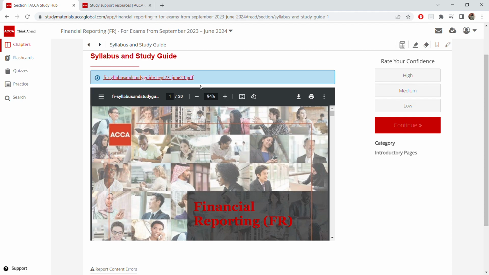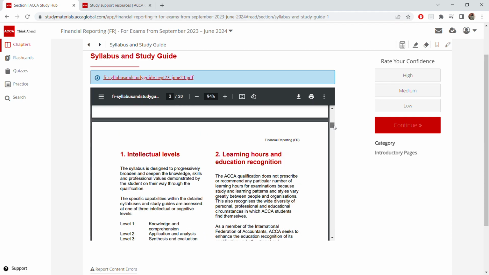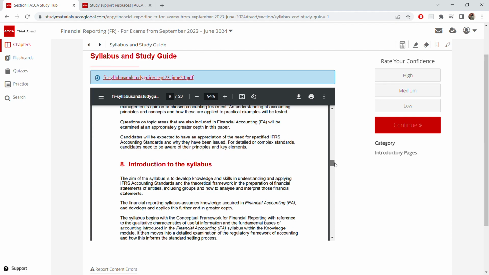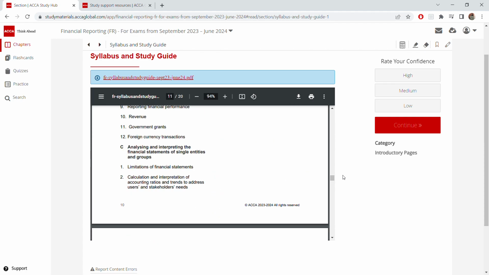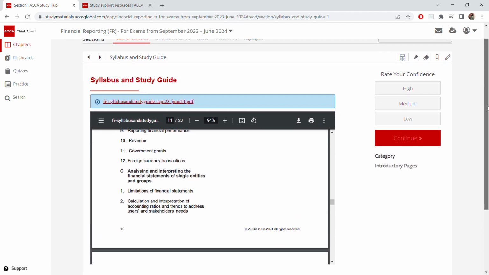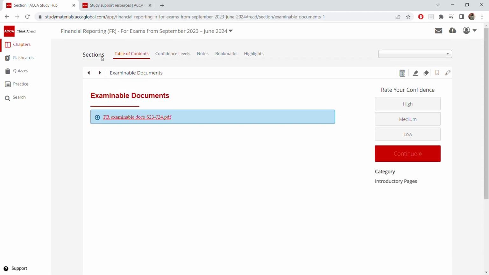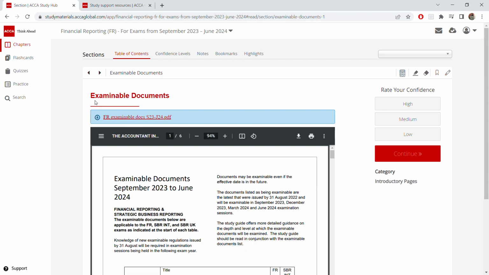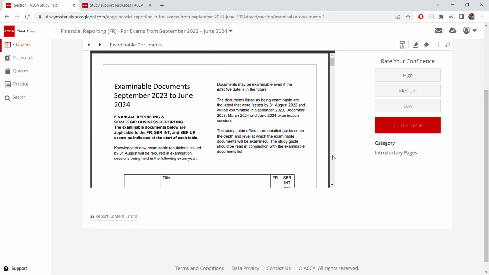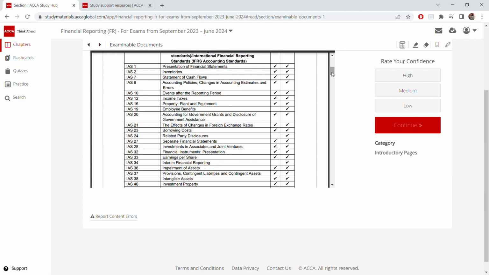So even your study syllabus is here. Okay, you can download or you can just scroll down and see this financial reporting syllabus. I've already covered it in my video. So let's go next, and these are the examinable documents, all the standards that financial reporting is going to cover. You can see IAS 1, 2, 7, 8, all those things. Okay, next,